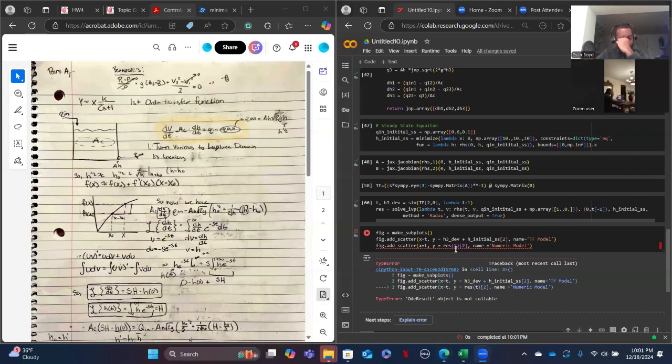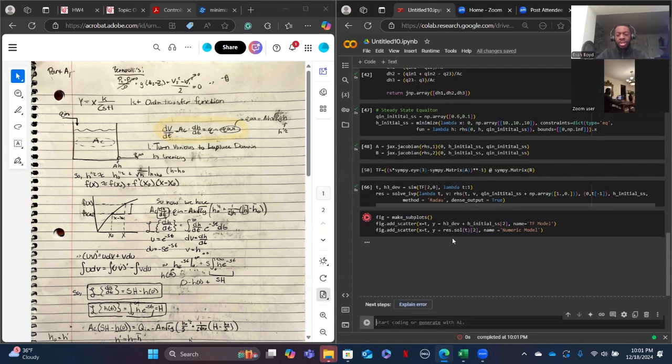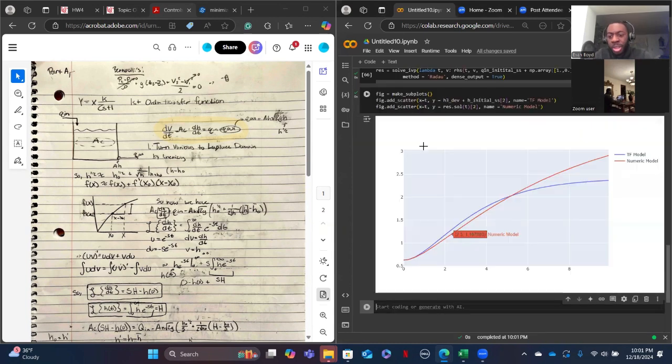Okay, so it was just a small mistake. I forgot to put res.solve. So yeah, now we're good. If we do this and enter, we get the correct graph now. And basically, this